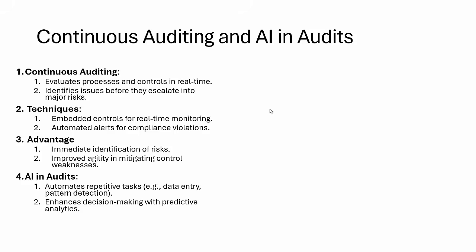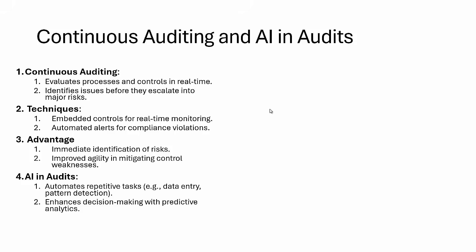So that is the advantage of doing continuous auditing instead of having a one-time process. Let's say, for example, today is the date of doing an audit, and we do it after 1 year. So now if I do the audit, I will definitely find some issues, right? Like issues from the last 1 year. So instead of having surprises, we do it in real time. That's why financial transactions use continuous auditing. Any payment approved above $1,000 should be flagged as a transaction so we can audit it. So the advantage is immediate identification of risk and improved agility.